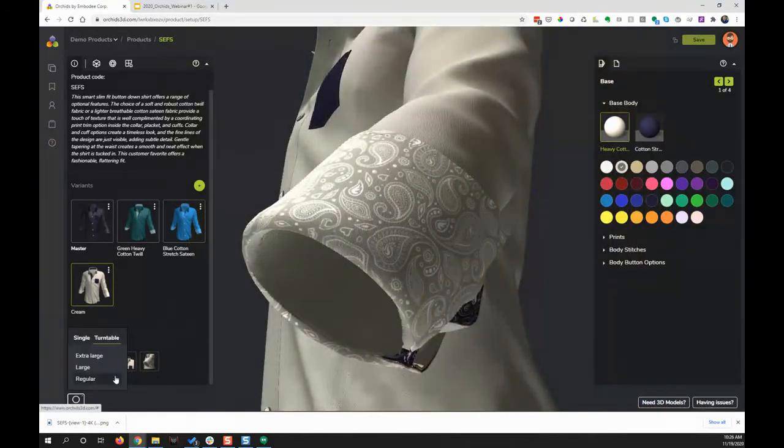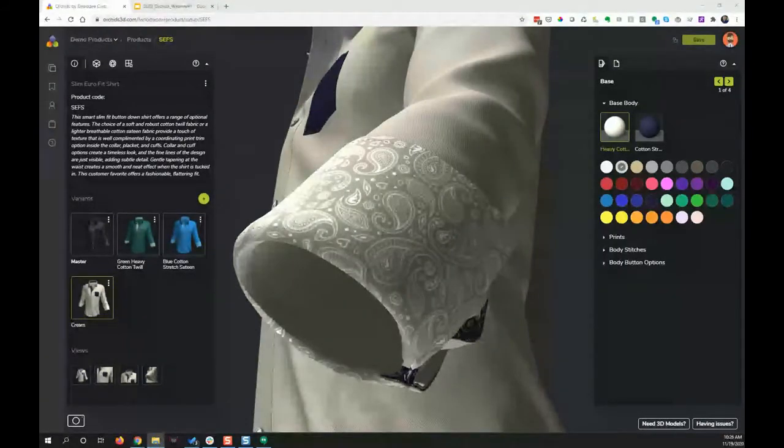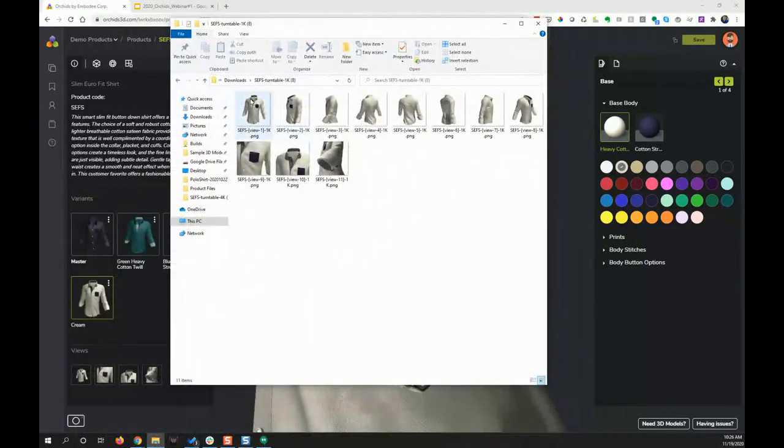And if I simply create a turntable and then download, it takes a little bit longer than the single view, but there it is. It's downloaded a zip file over here, and I can simply open up this zip file and show you the different rotational views here.